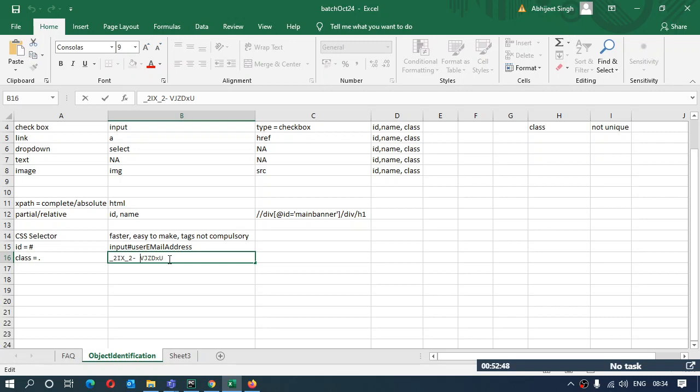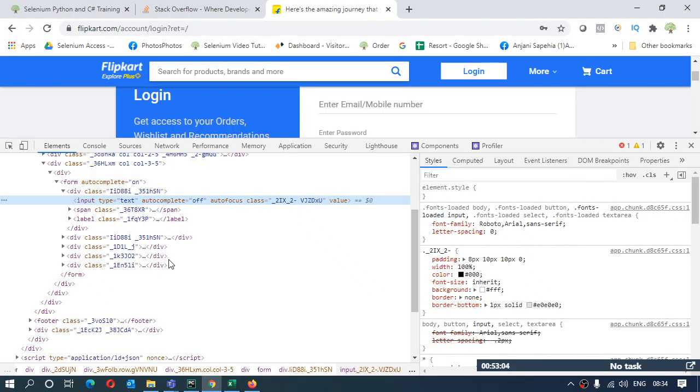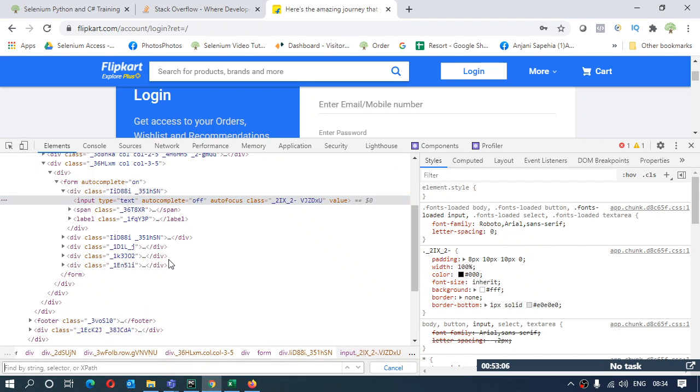Right. Now how to use them to get the CSS selector made using the class name. I want to look for all the elements which are there with this class name. So what I will be doing, using the CSS selector, I'll just go on and say Control F, dot, and I'll paste the class name. But over here nothing has happened. I didn't get any element. Why is it so?